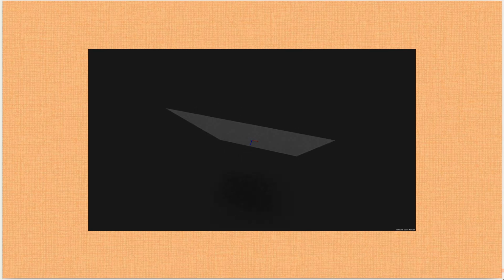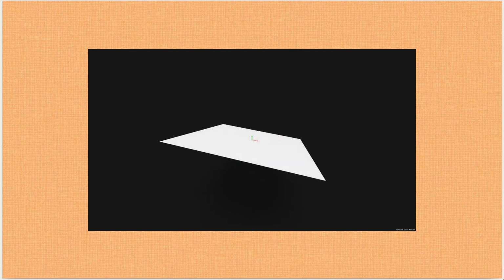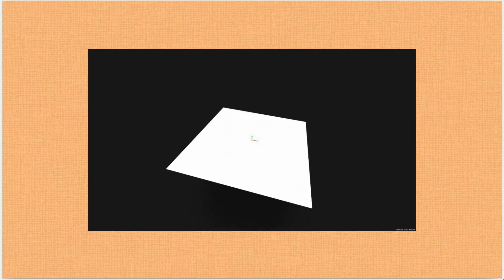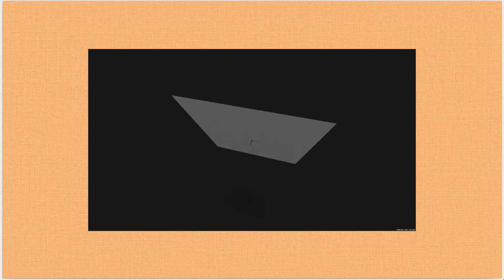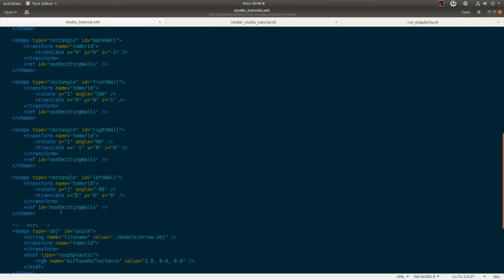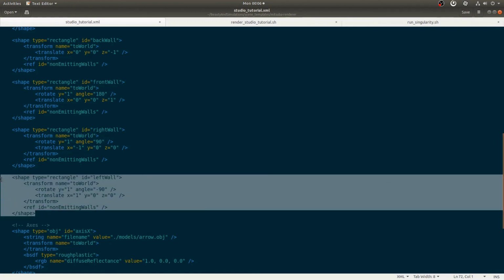Starting with the default rectangle, we have to rotate it in such a way that the front side of this rectangle points downwards. Using the right hand rule, we need to rotate the default one by 90 degrees about the x-axis in the positive direction. After this, it needs to be moved by 1 unit along the positive axis. Let's try it out. I will borrow from the latest section that was already written, that is the left wall.